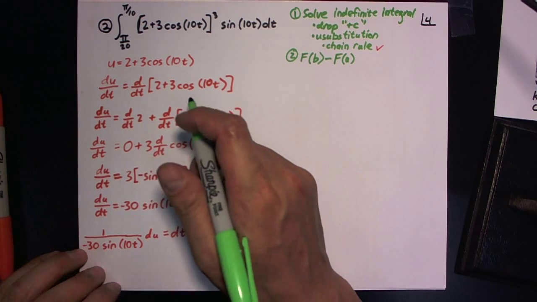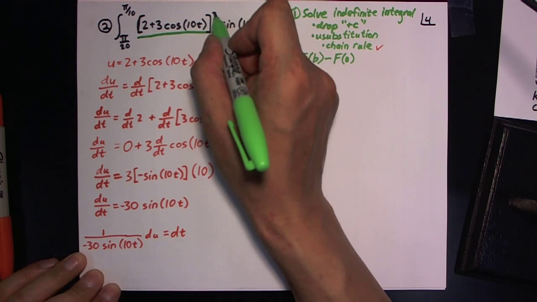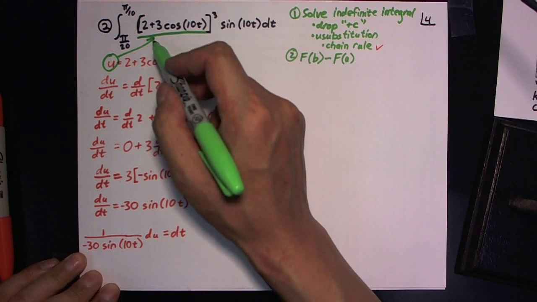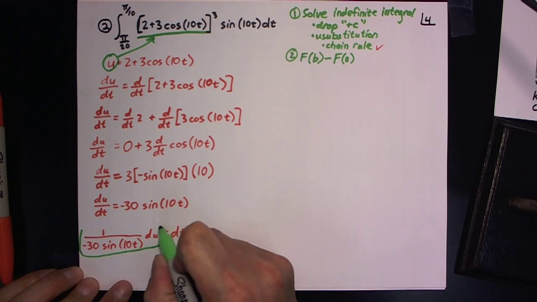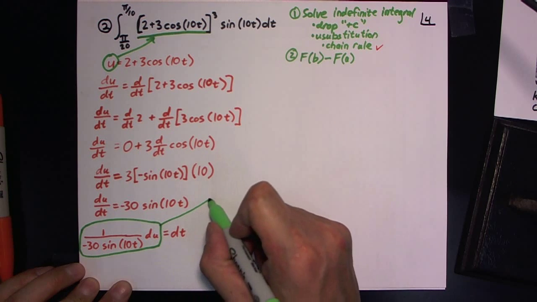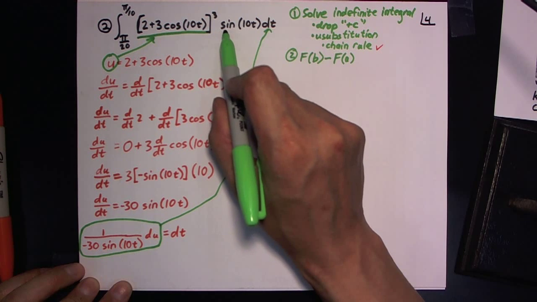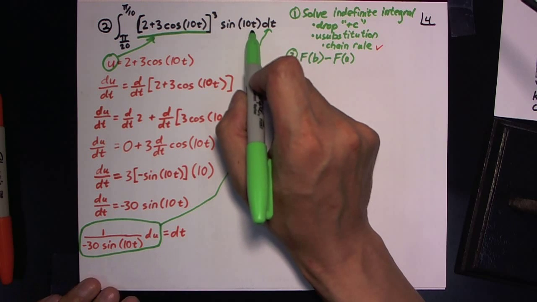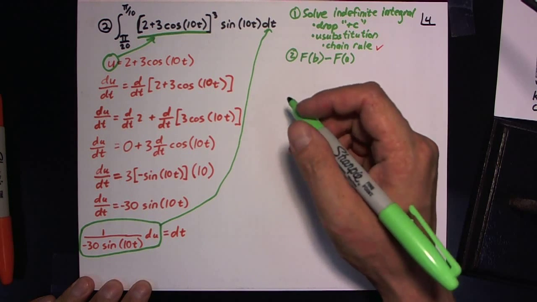Okay, now we need to take this quantity, not including the cubed part, which is equal to u, and throw the u into that part, and take all of this stuff and put it in where we see the dt. And leave this sine 10t alone, or else you're going to need it to cancel out with this sine 10t. When you're done with all of that substitution, what you end up with is,